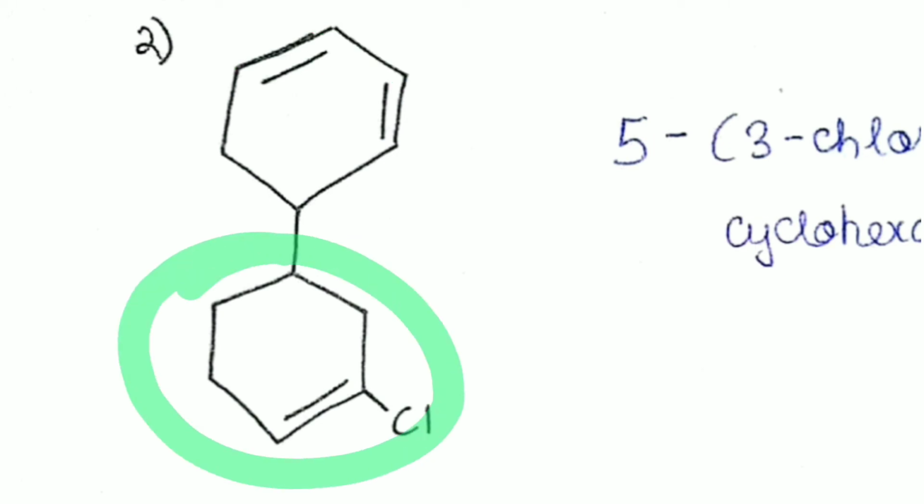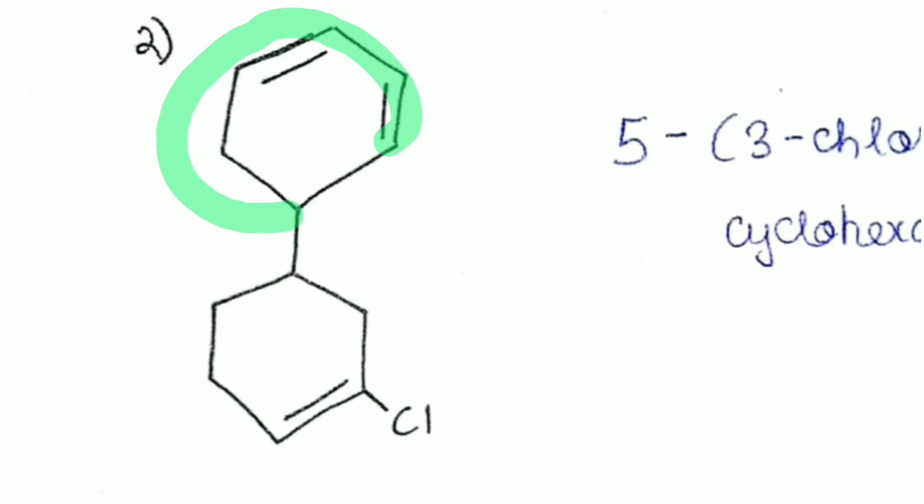So now how to start our numbering and where to start our numbering. If we go in the anti-clockwise direction, we can see that we'll give number 1 locant and number 3 locant to the double bonds. So it's going with the rule that 1, 2 locant has to be given to the double bond, because this double bond satisfies that rule. So 1 and 3 we give to the double bonds. We are getting here 1 locant here and 3 over here. Then what about the substituent here? What locant is that getting? It's getting the 6th locant. So 1, 3, 6 are the locants in the anti-clockwise direction.